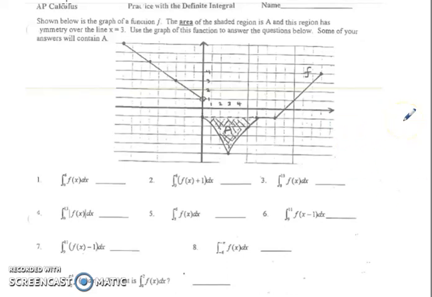All right, so this is an interesting problem, and it can be tricky at times. They're giving us the area of the shaded region as A. Area, of course, is positive. If we look at this as an integral, we'll have to call it negative A. And we're told that this has a line of symmetry over 3, so this section and this section are of